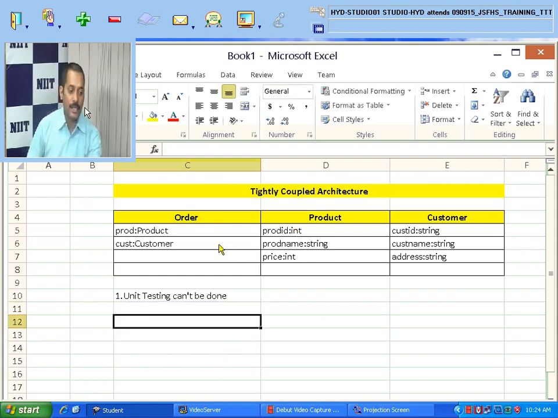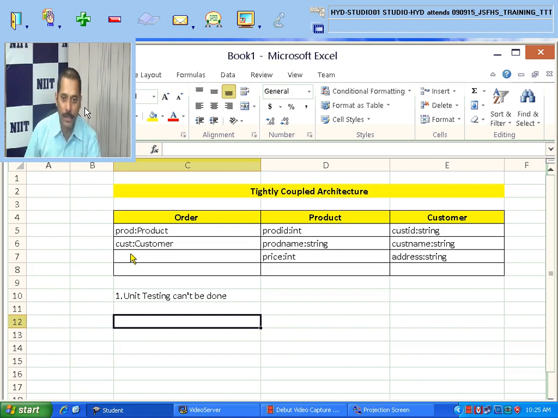This is a sample tightly coupled architecture program. The new instances of the product and customer classes are created in order using the new operator. We know how we can create the product object and all that. This is a sample implementation of tightly coupled architecture.